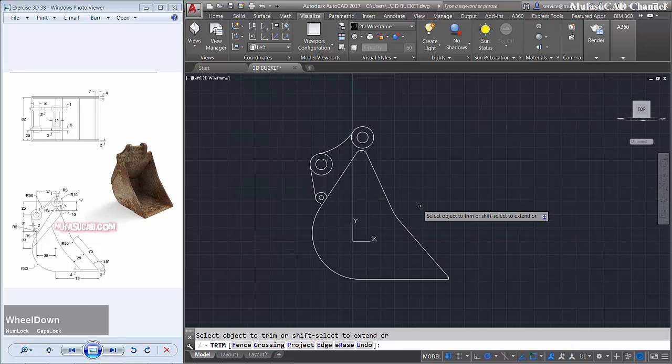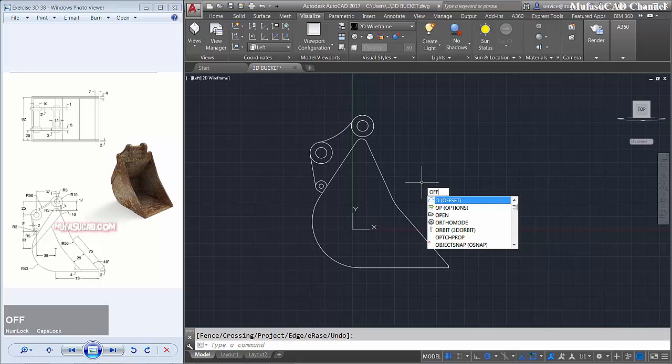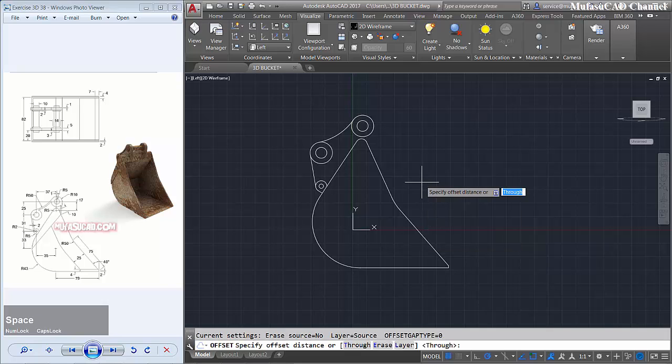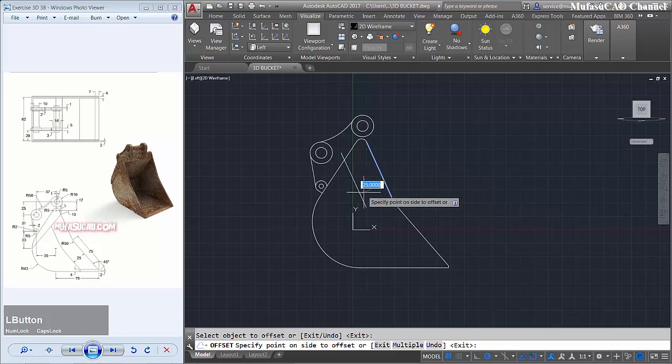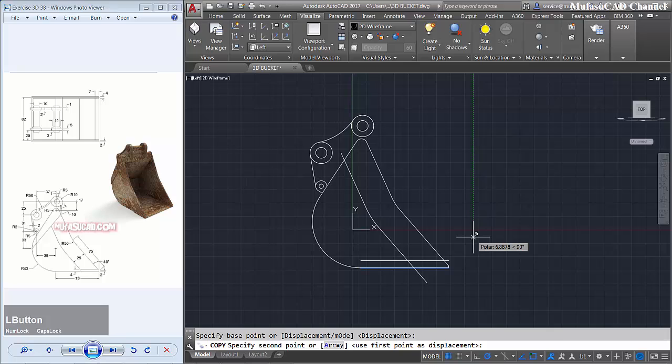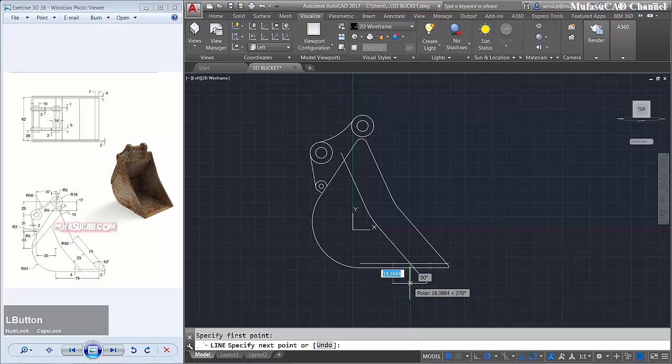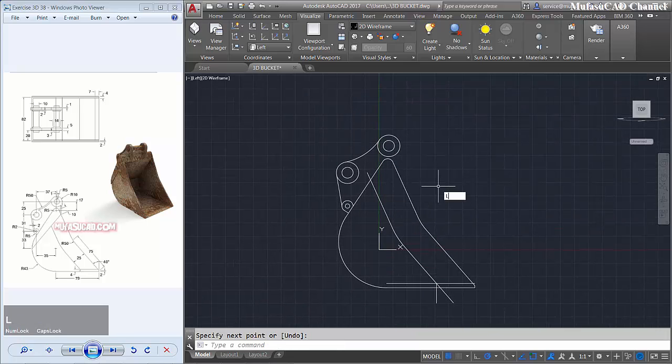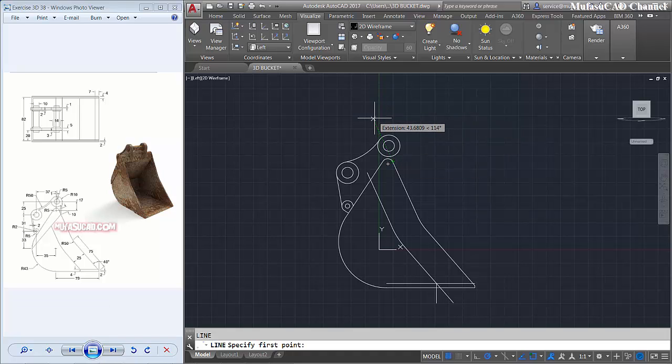Okay, next I will offset with distance 25. Click at this object and move to the inside here. Click here inside, click here inside and I will copy this line object, start from this point to the top of 4. We create a line, start from this point to the bottom here. Next we create a line. You can select in here and move to this point, type -10. Okay, and I will move into this point.